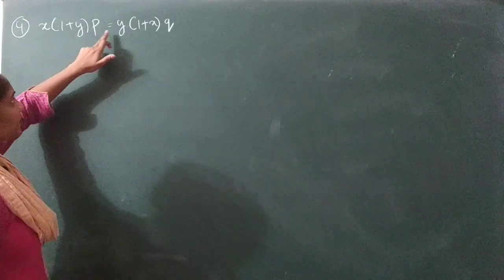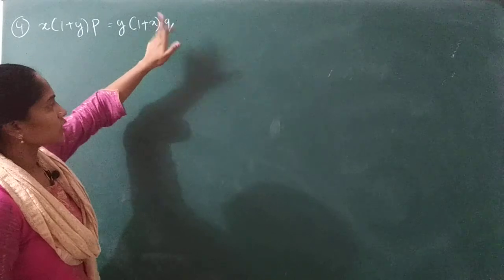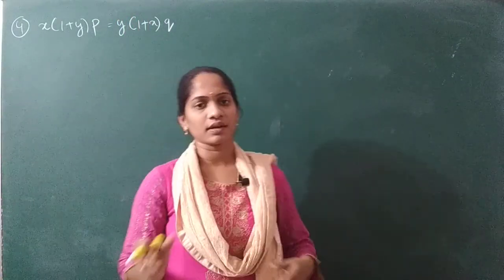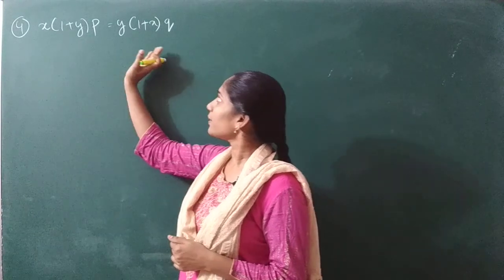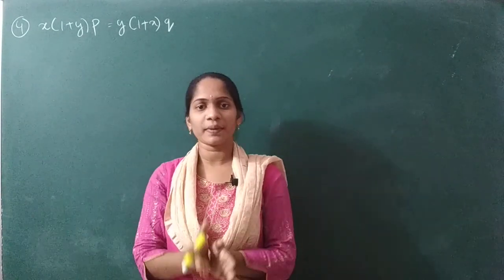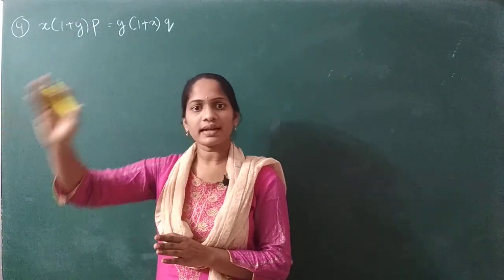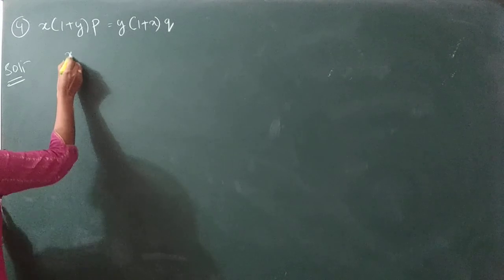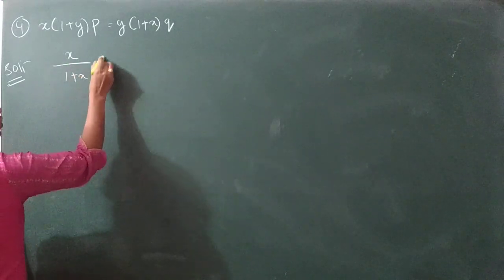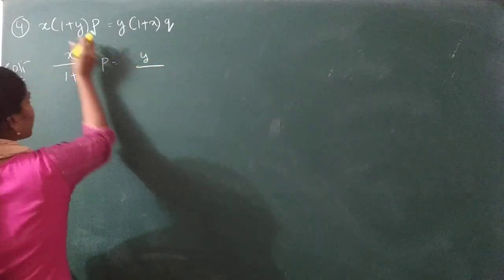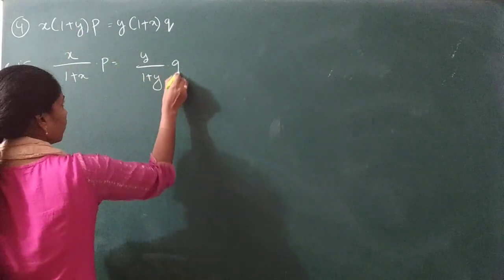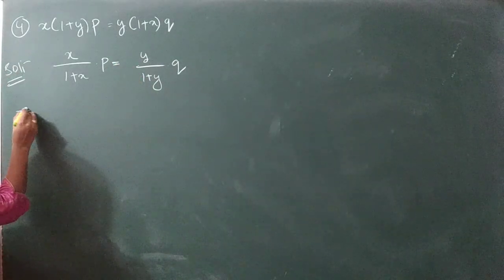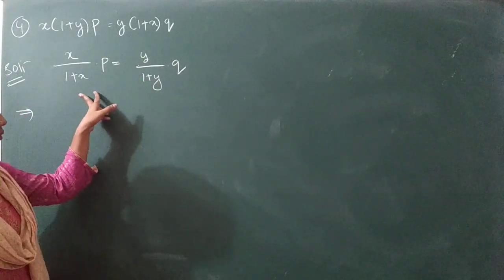The question is that the given PDE is x into (1 plus y) into p is equal to y into (1 plus x) into q. So this is your given PDE, in which the equation involves variables x, y and p, q. So next, what you have to do? You have to separate the variables x comma p to one side and y comma q to the other side. So let's do the problem. Solution. So let's first separate the x terms here. x by, take 1 by x into p. Here y by 1 by y into q. So now what happens here? Yes, all the terms here x comma p and y comma q.